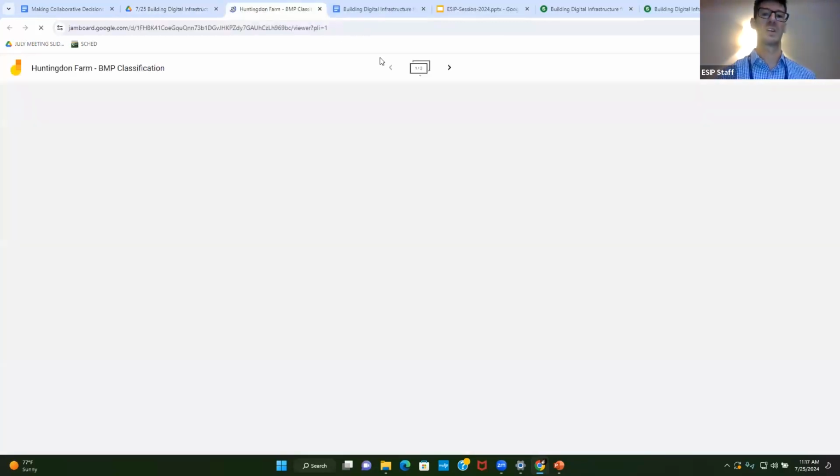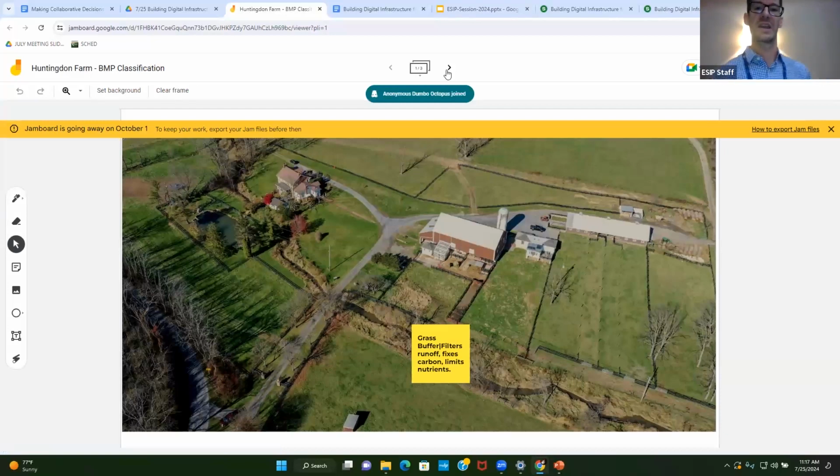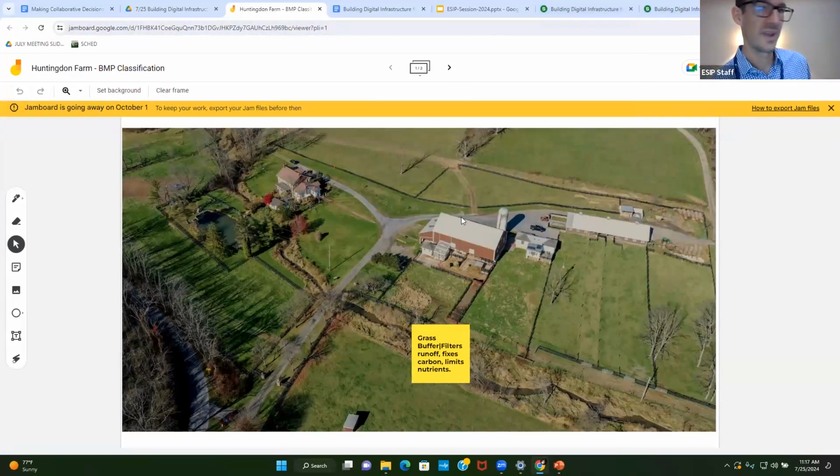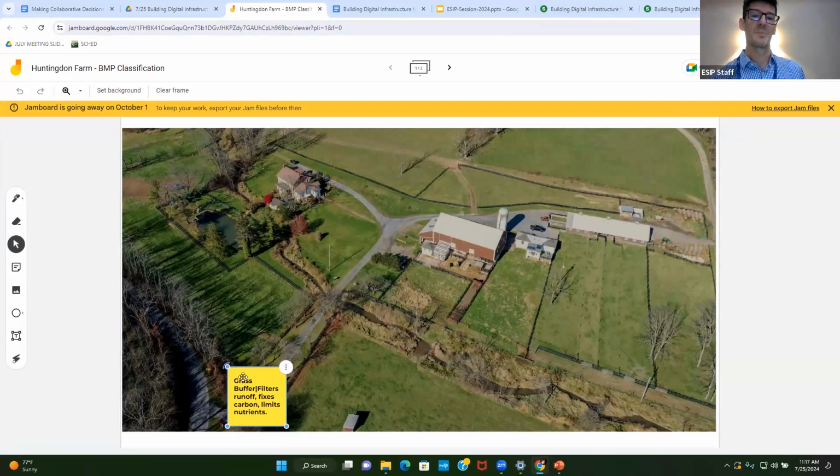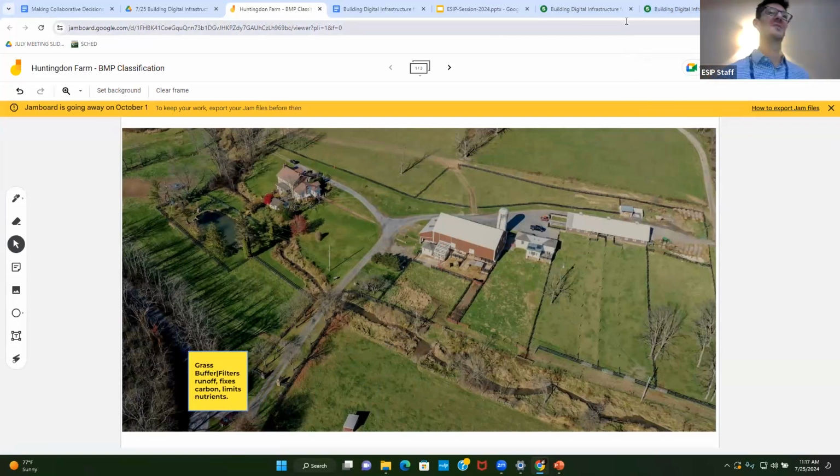For those of you that are in the drive, definitely feel free to go through Slido or this respective Jamboard. I want to share with you some examples of how difficult it can be to classify practices. And we're going to do this together. If you don't have a restoration or land protection background, that's okay. Do your best, and we can go through this together.